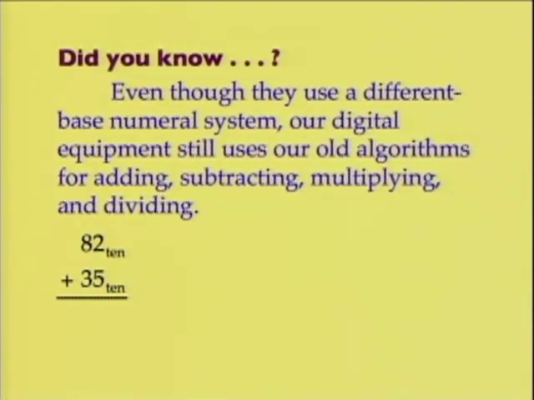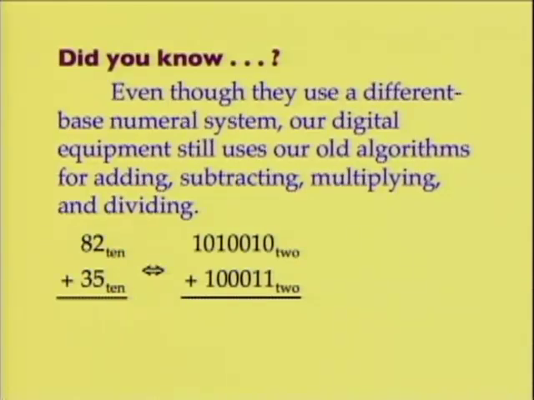Let me convert these over to base 2. So 82 would be a group of size 64, and then a group of size 16. Let me do the arithmetic here: 64, that'd be 18. Here's a group of 16, so I got 2 left. Yep, so that's correct. And then 35, well, a group of size 32, and I've got 3 left, so 2